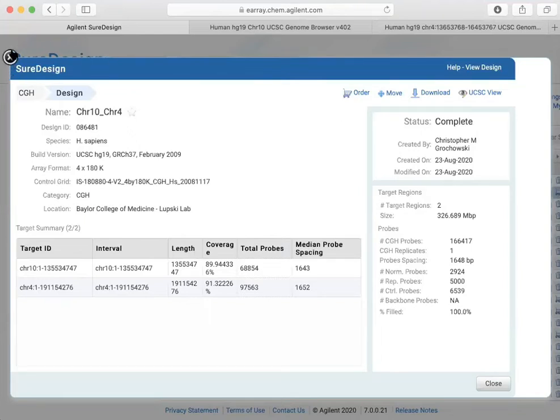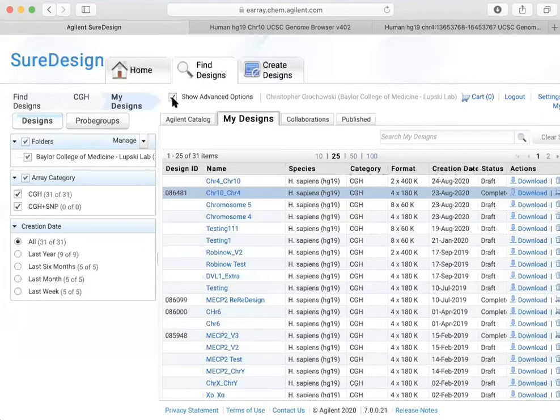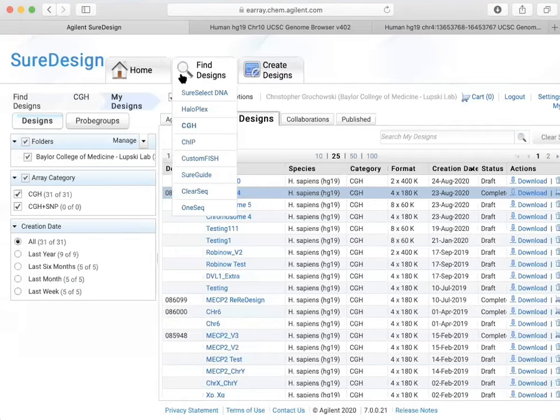So I think that is basically a good primer for the use case that you guys would use this for. There are things that I probably won't go into now, but if you want to be very region specific, you can design what are called probe groups, where I can take a 10 megabase region and make the probe spacing 100 bases. You can design it as specific as you want. But for the case of what you guys are trying to do arrays for, it's more useful to do this